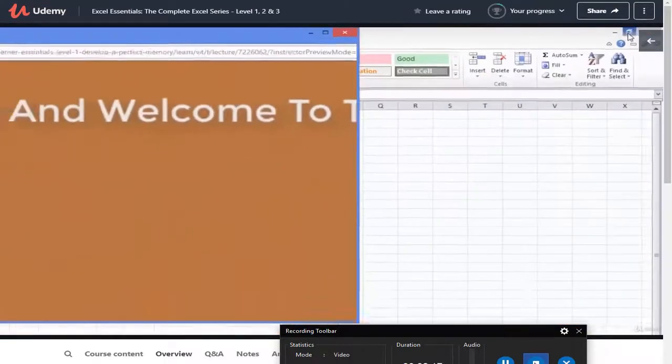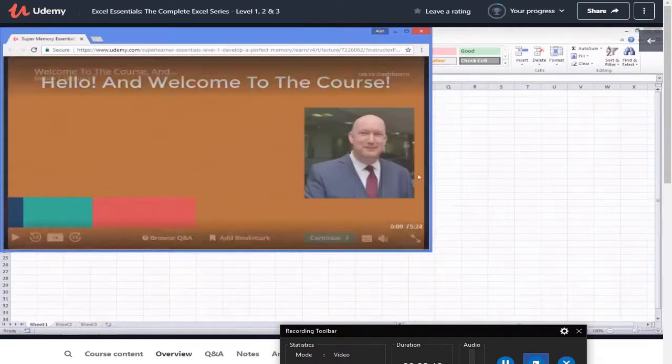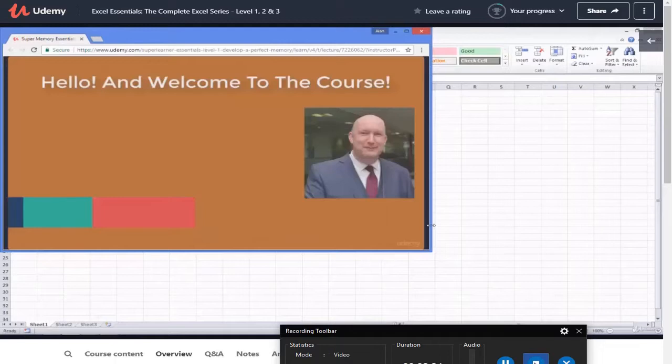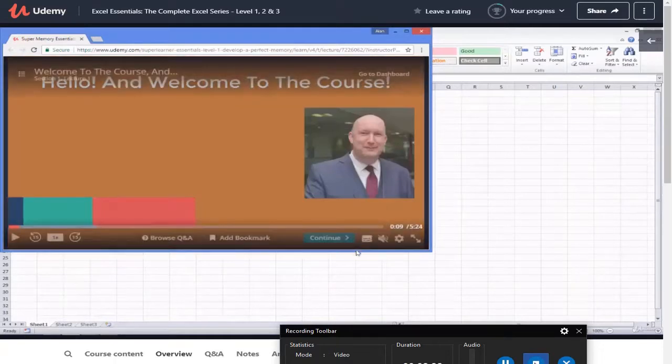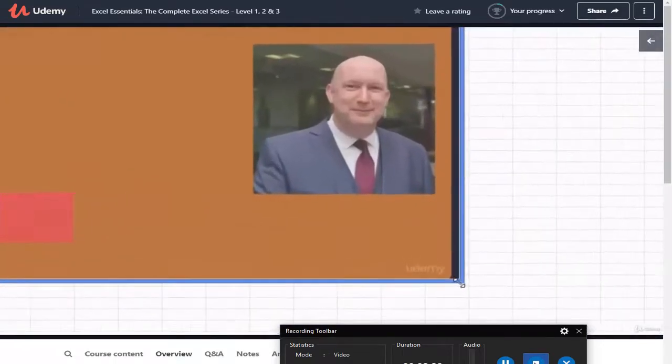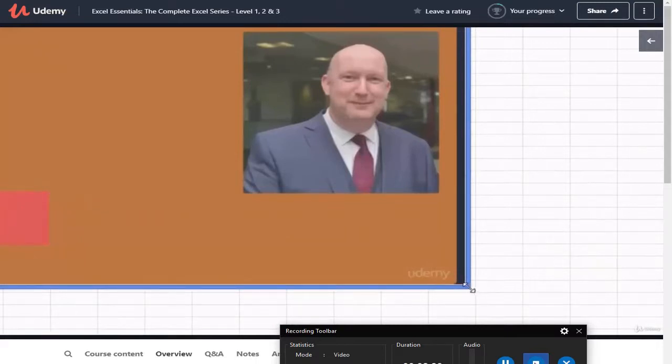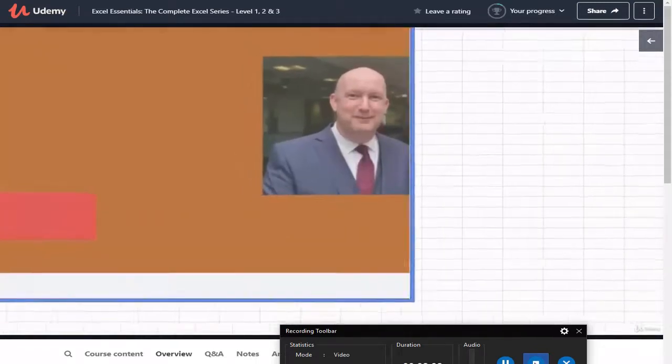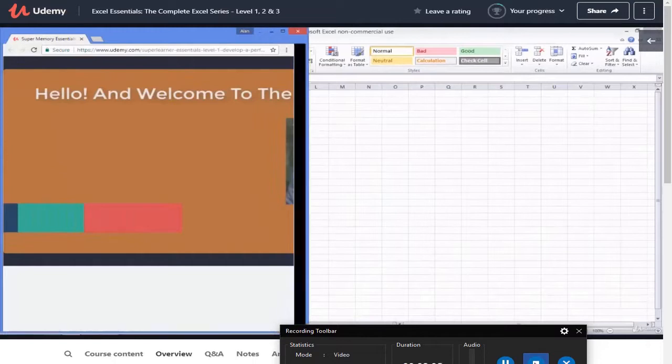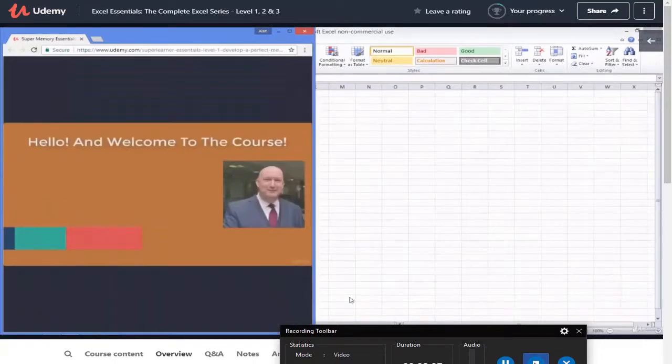I'm just going to left click with my mouse, and that's going to shrink that down. Now, what I'm going to do is I'm going to hover. I can either go over the sidebar or the bottom bar, but I'm just going to come down to the corner, and you can see that the cursor's changed. And what I'm going to do is left click and drag and make that half of the screen.